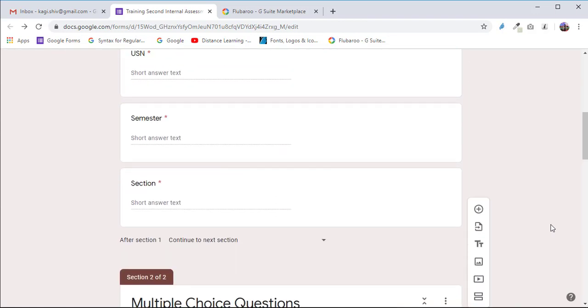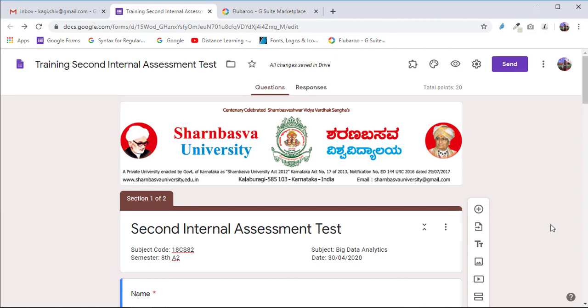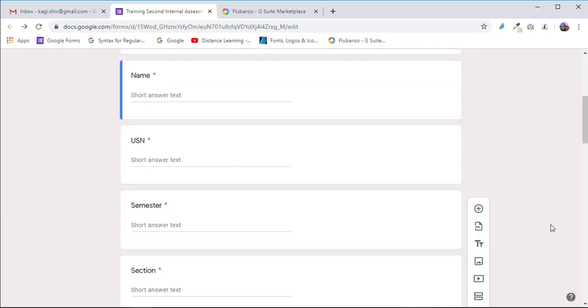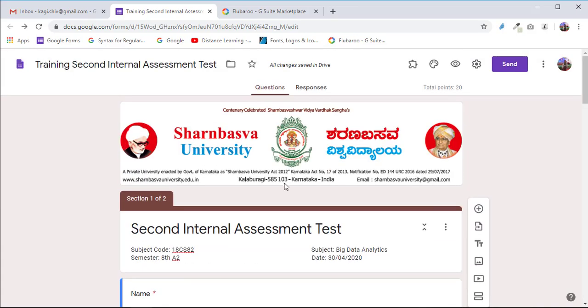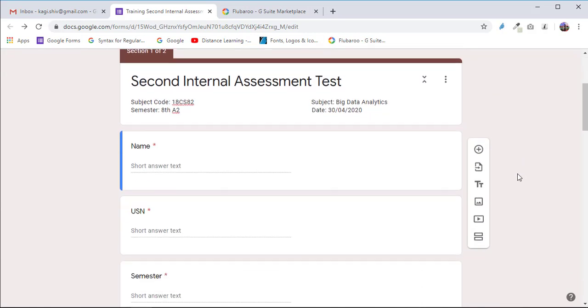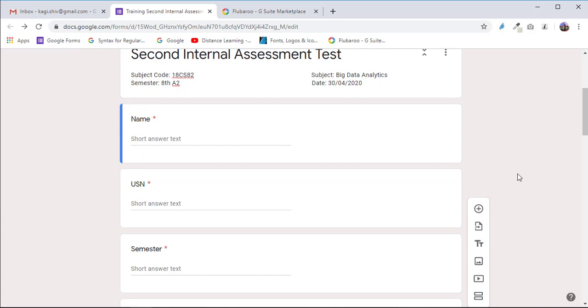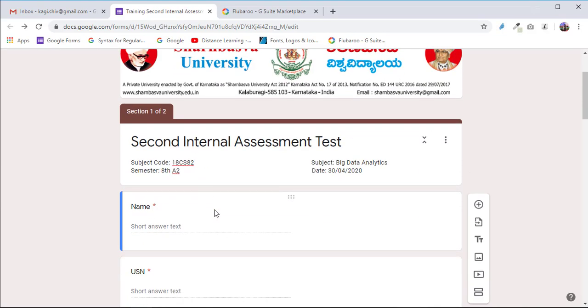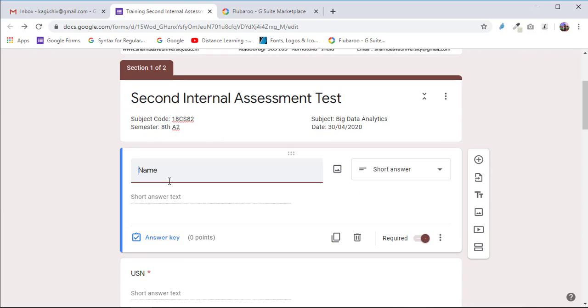The next step is, whenever you are done with your form creation as you did in the first IA, there is one step you need to follow. The test and the link are ready, everything is done. Now, whenever you are done with the creation of the test, you need to write the first test yourself, because we want to compare the student's answers with the correct answers. For that reason we need to answer the first test. I already created this test, so first I will write it.